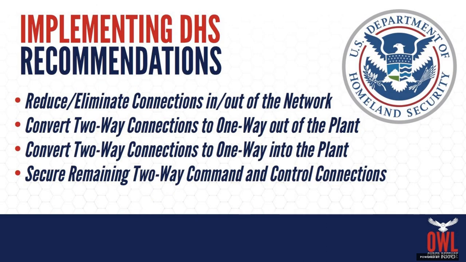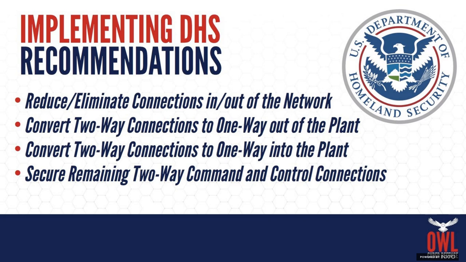So if we turn to the Department of Homeland Security, they've actually issued a white paper stating 7 strategies for defending industrial control systems. And if we look at a couple of those, we just pull out 3 or 4 of those and look at those a little deeper. One of the first things they recommend is reducing or eliminating the number of connections in and out of the network. So just by reducing unneeded connections, you're going to reduce your potential threat vectors into the network.